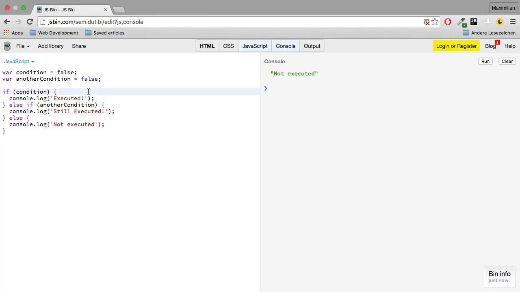Now, what do you think happens if I set condition to 1 instead of false or true? What do you think we'll see if I hit run? We get executed, so we're reaching this part. The reason for this is that 1 is interpreted as true, and on the other hand, 0, as you will see if I hit run,